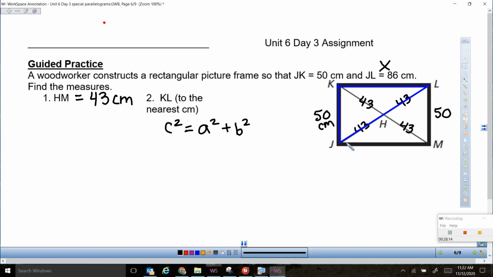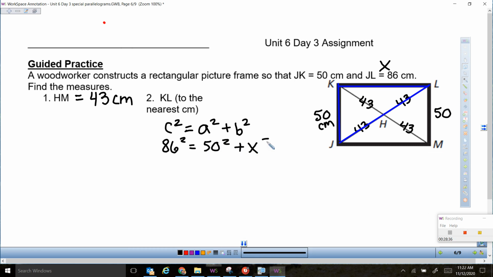C is the hypotenuse, so the hypotenuse is that diagonal. And what's the length of the diagonal? 86. So this would be 86 squared equals, the two legs are 50 and X, so this would be 50 squared